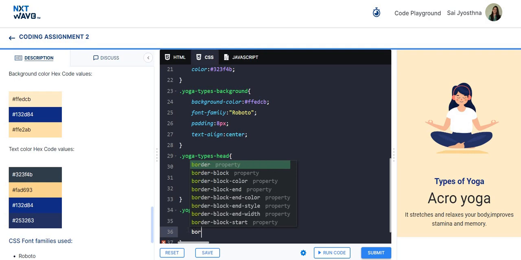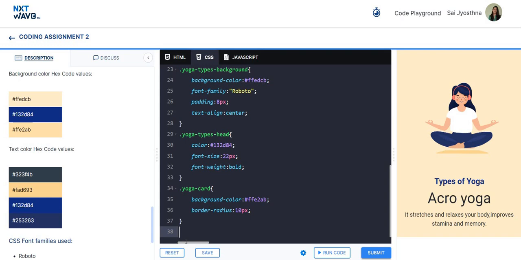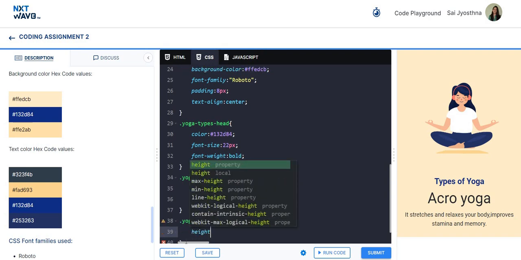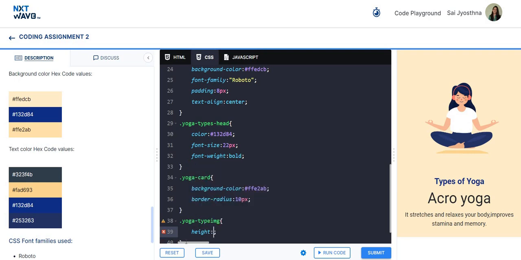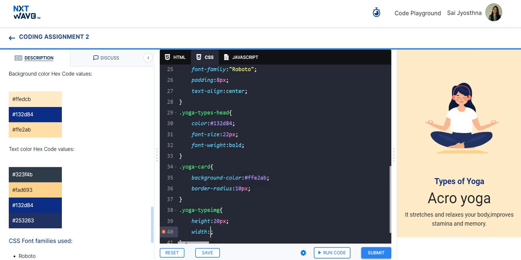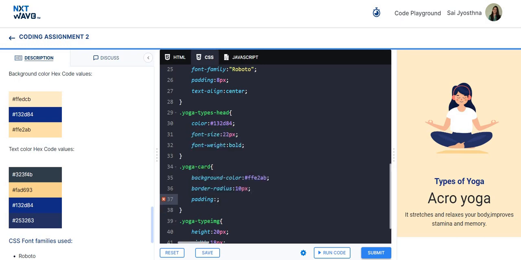Since it's curved at the edges, border radius, say 10 pixels, and the image we have to style. So dot yoga type image, height 20 pixels, width also let's say 18 pixels. Here I'm giving padding, pixels,